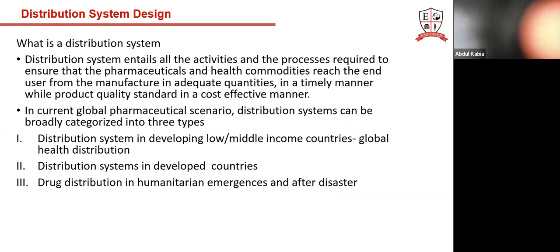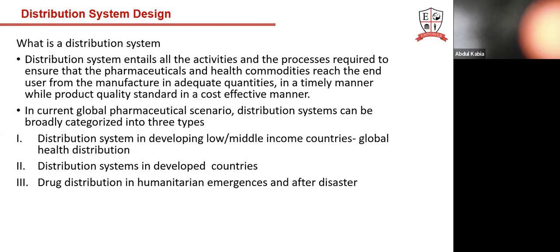So when we talk about the distribution system, it is all the activities and processes to ensure that the pharmaceutical and health commodities reach the end user from the manufacturer in adequate quantities in a timely manner, while product quality standard is maintained, in a cost-effective manner. So when you design a distribution system, that should be the priority. This commodity should leave point A to point B in accurate quantities and with quality maintained throughout the supply chain. In the current global pharmaceutical scenario,